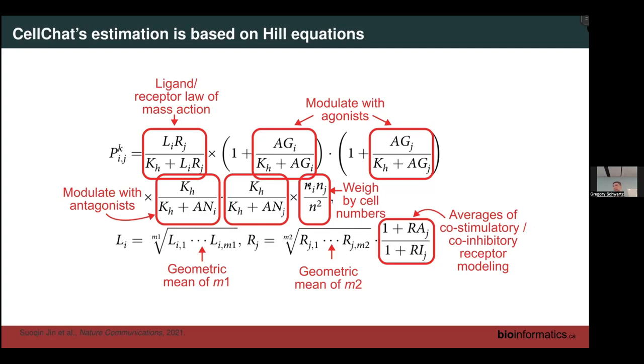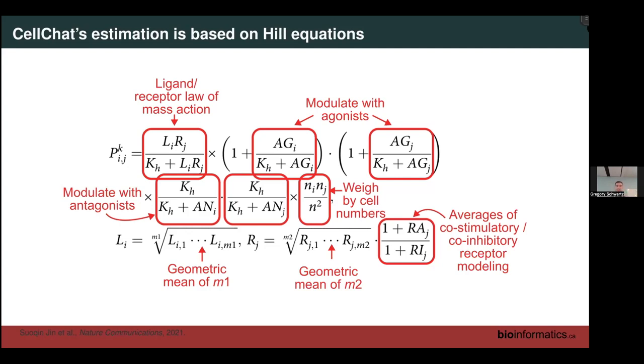So Ni is the number of cells for sender cell type I, and Nj is the number of cells for receiver cell type J, divided by the total number of cells within the data set squared. So this is kind of how CellChat does it to have a more, they say, robust way of modeling the probability of these